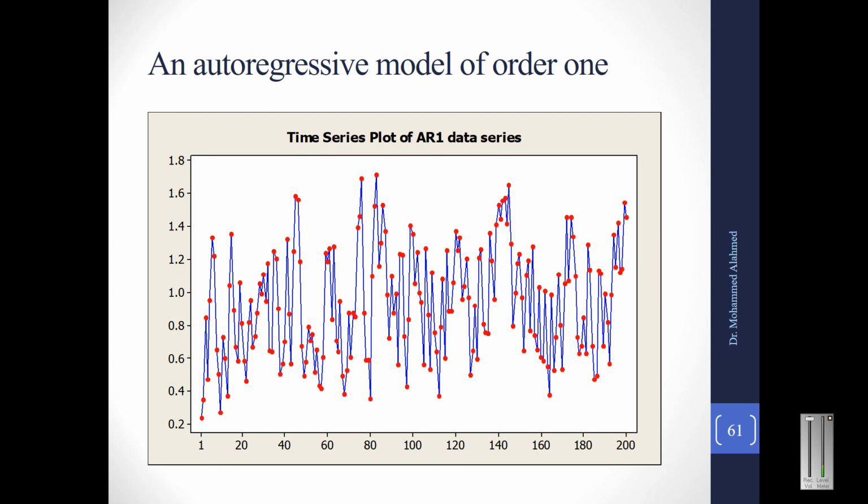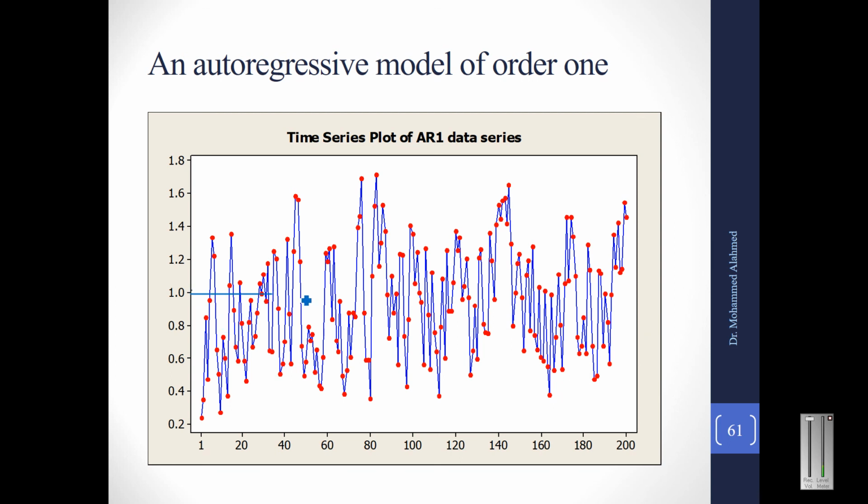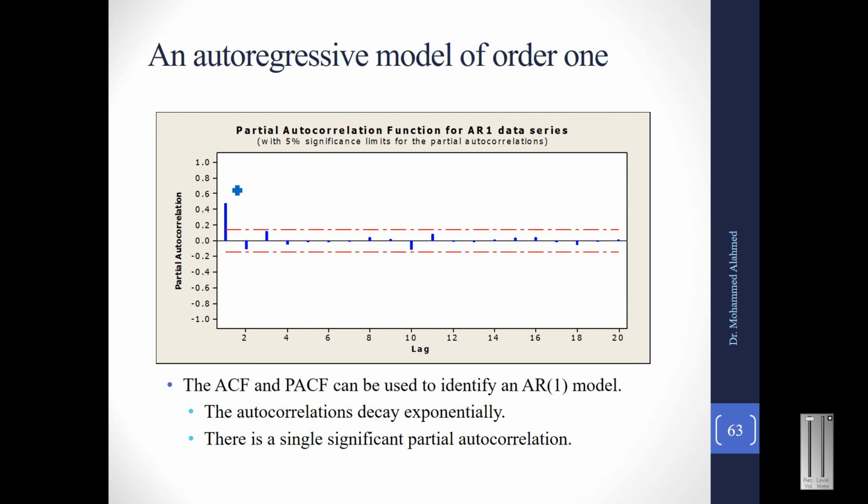Let us see an autoregressive example. This is a time series plot for AR1. This is a data series, and you can see it is a kind of stationary data series, right? I can draw the mean from here, and you can see that the mean stays roughly constant, and also the variance. Now for the AR function, for autocorrelation, you can see it has a significant value at 1. All other values fall within the 95% interval, right? Similarly, for partial autocorrelation, there is only one significant marker on the partial autocorrelation graph, at the value 1.